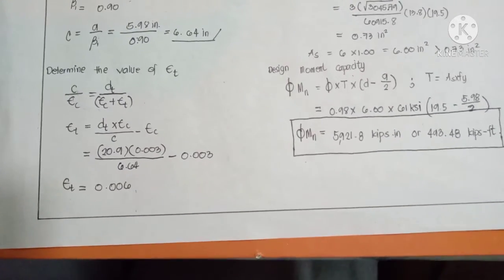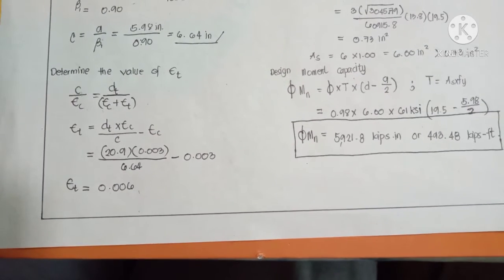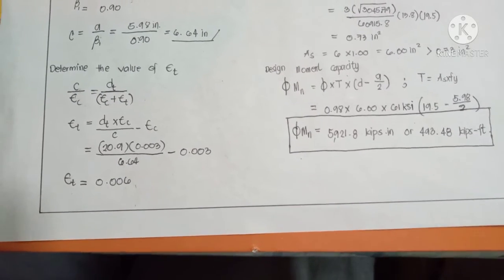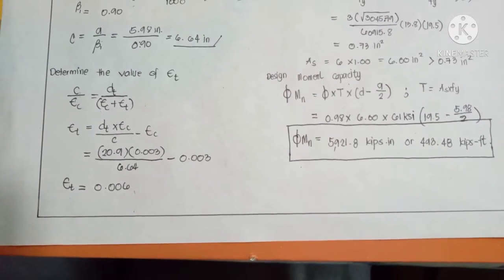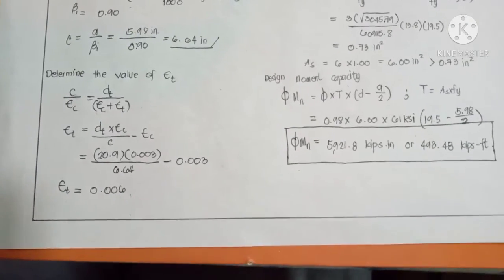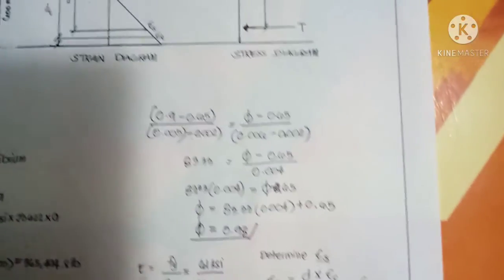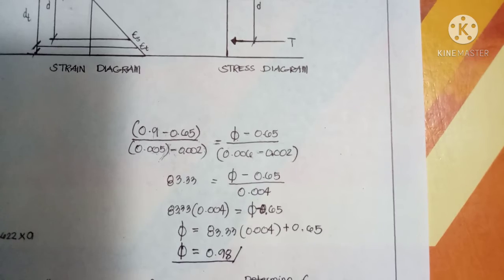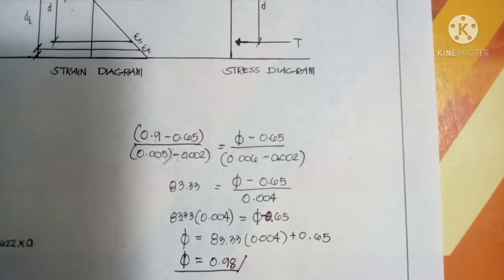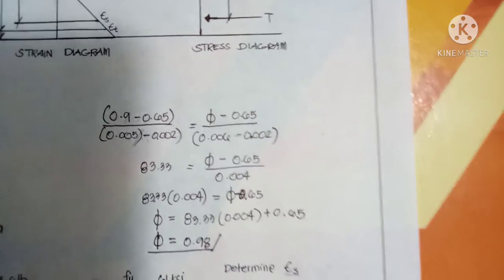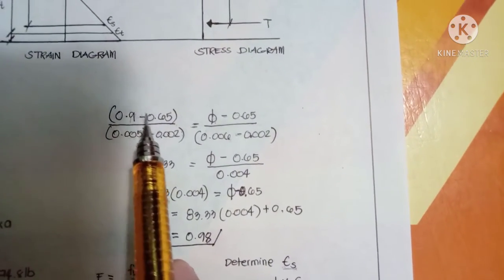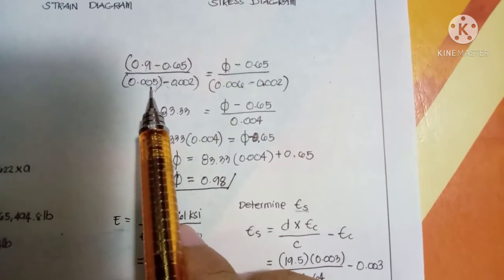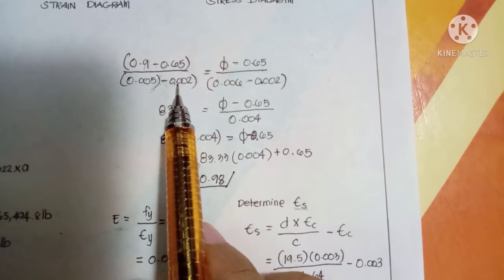The strain for our section is between the limit for compression controlled, 0.002 per ACI section 10.3.3, and the limit for tension controlled sections, which is 0.005. So therefore, we must interpolate to determine the phi factor in accordance with ACI 9.3.2.2. To interpolate, we have (0.9 minus 0.65) divided by the quantity of 0.005 minus 0.002